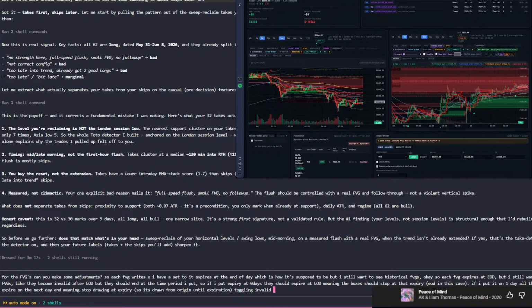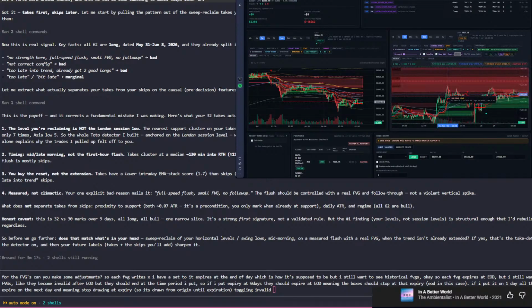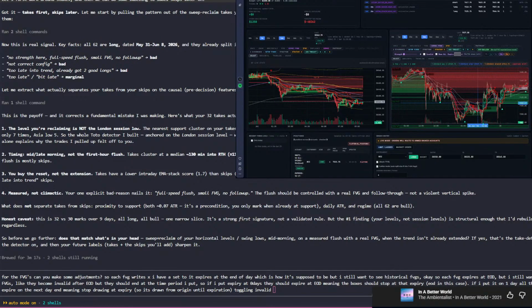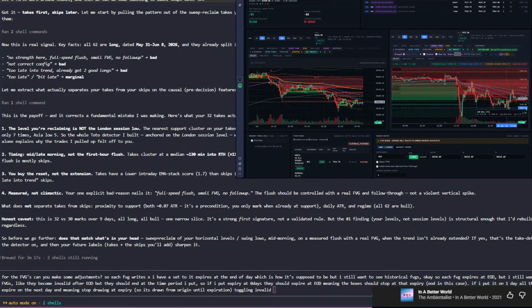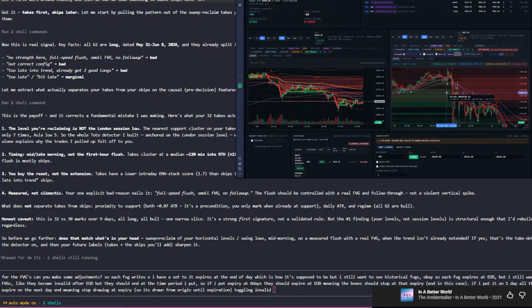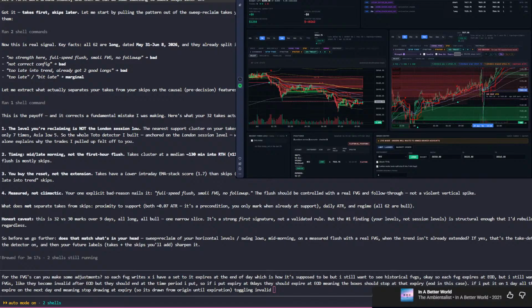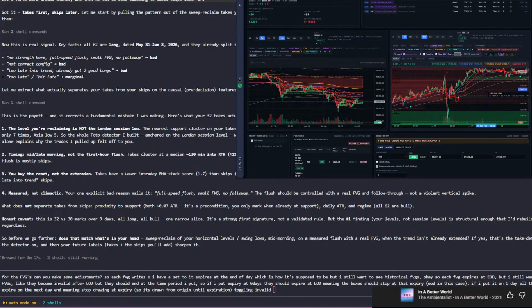Toggling invalids. Wait. I still don't know what the difference is between show all and... this feels like too much now. So